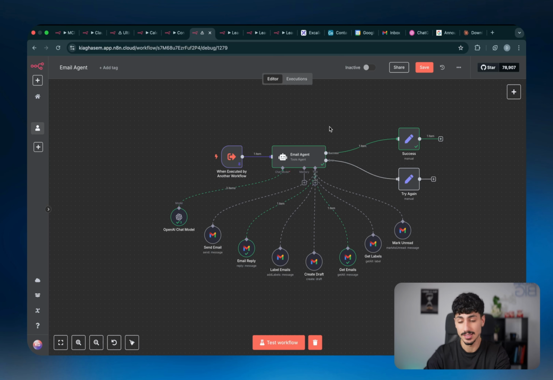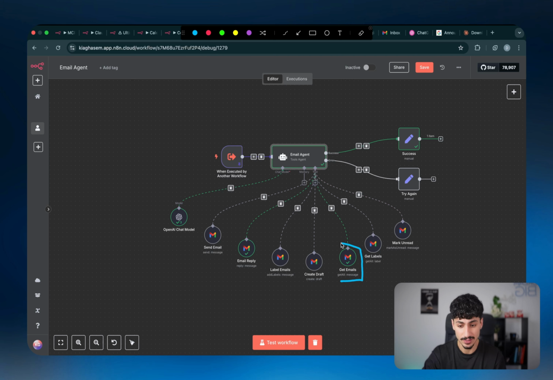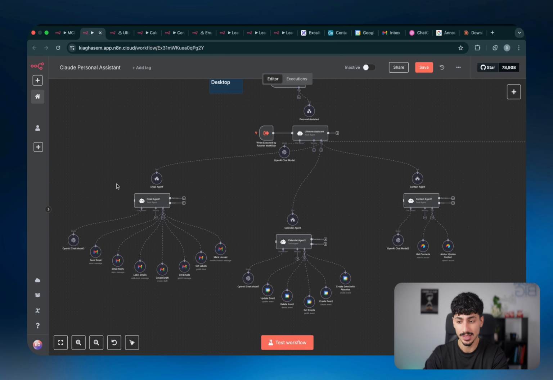So in this case, the email agent is the subject matter expert when it comes to emails. And so when it's given a task like replying to an email, it knows that the first thing it should do is figure out which email, and then the second thing it should do is actually send that email off as a reply. And so by getting the email agent to be a specialist in emails, now the ultimate assistant doesn't need to be a specialist in emails as well. It just needs to know when it's meant to send off a query to the email agent.